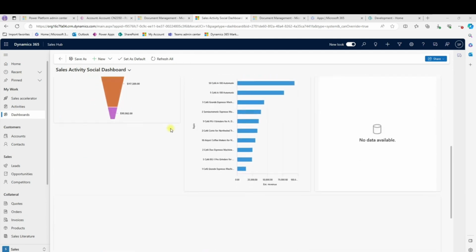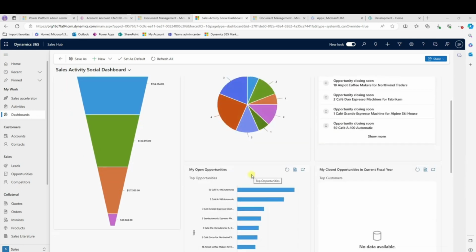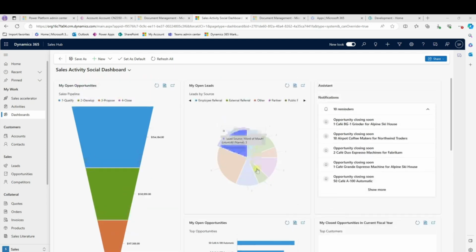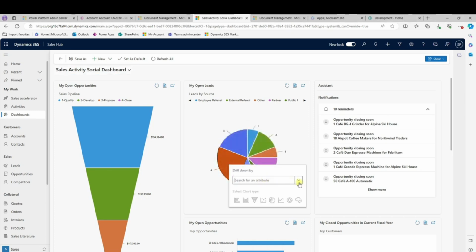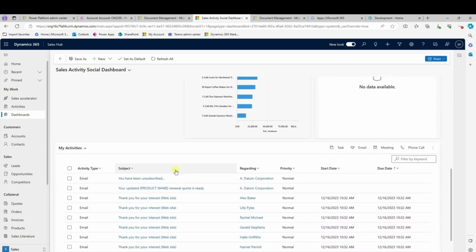In a dashboard we are able to see charts and graphs, and users can explore detailed information within the charts and graphs. Basically, we are able to drill down. For example, if you select any one of the graphs here, I can select drill down based on some other field, and you can drill down to a report or a graph. And it displays a view. In this case, it displays my activities with the columns that we wanted. We can change the view as well,